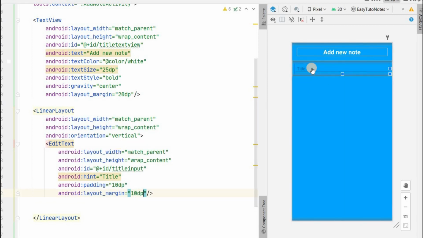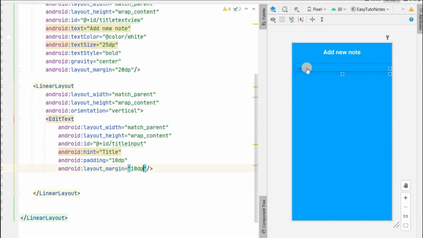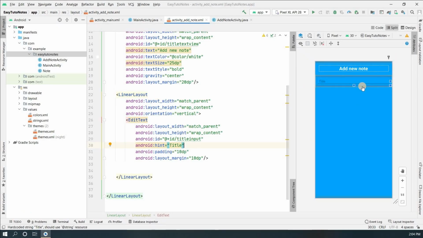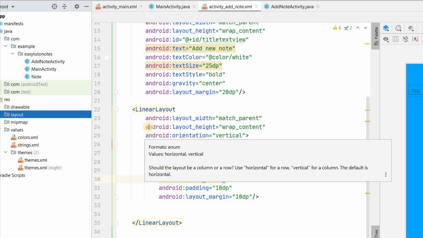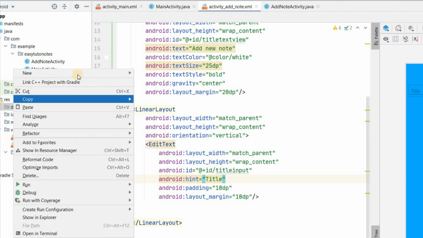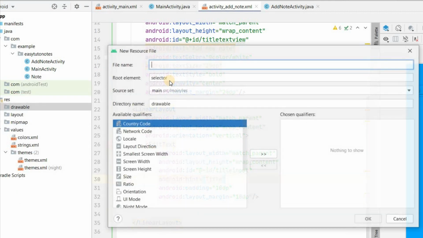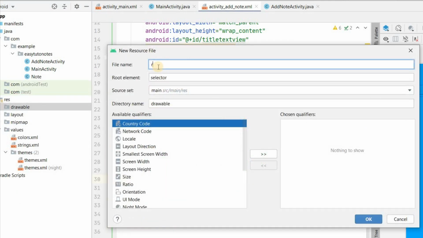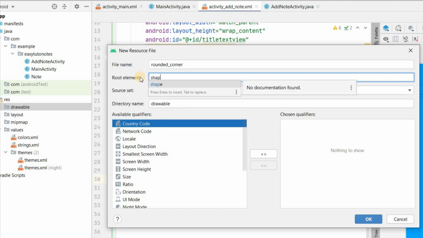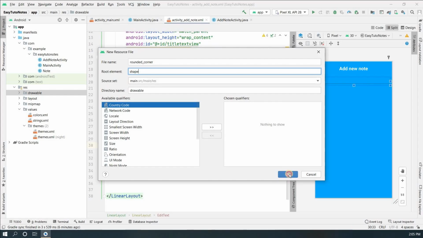So our this edit text is there. I'll change the background, it is not looking good. So let's create a background for linear layout with white color with rounded corner background. So to do that, let's create a drawable file, drawable resource file. We will give the file name rounded corner, and the root element will be shape, and click on OK.